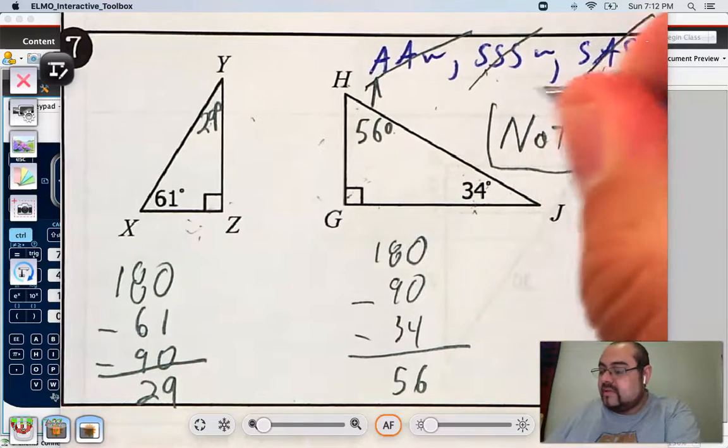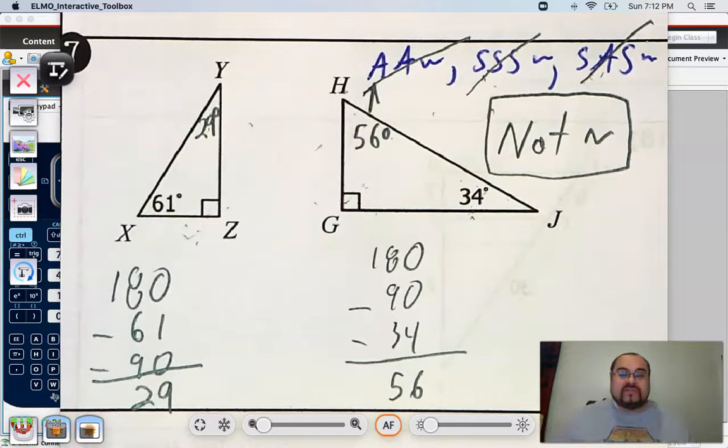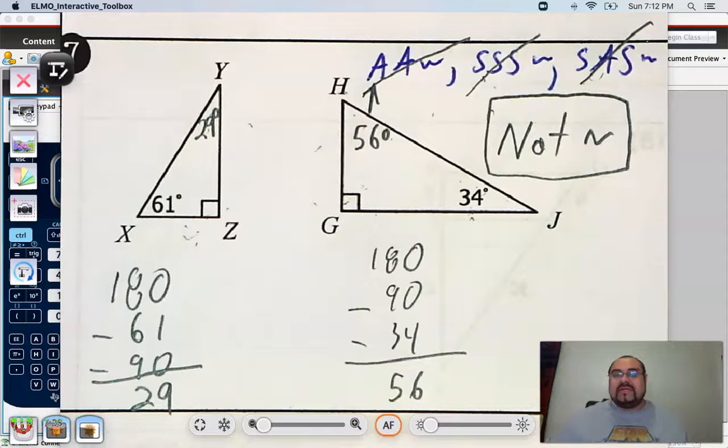Okay, it's not even a case of that we don't have enough information. We can straight up say this is not similar by any means. Right? It does not meet the definition of similarity, so these two triangles simply just are not similar to each other. All right,